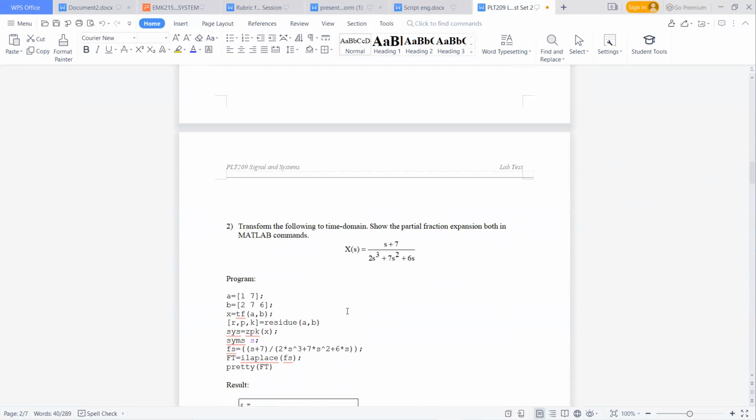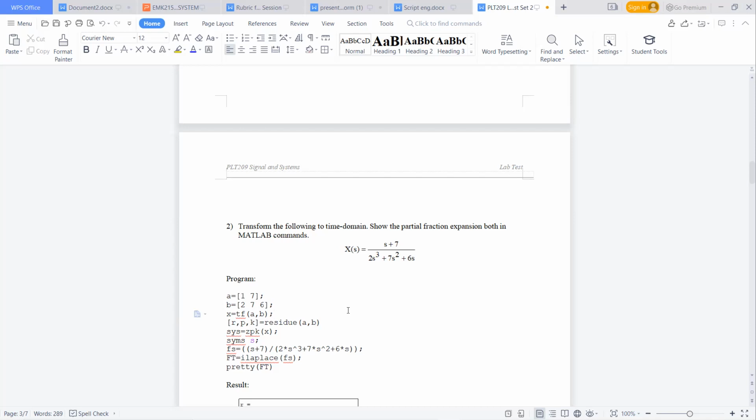How do we get it? We put the a for the numerator, which is s equal to 1, and the last digit with s power 0 will equal to 7. So b is for the denominator,